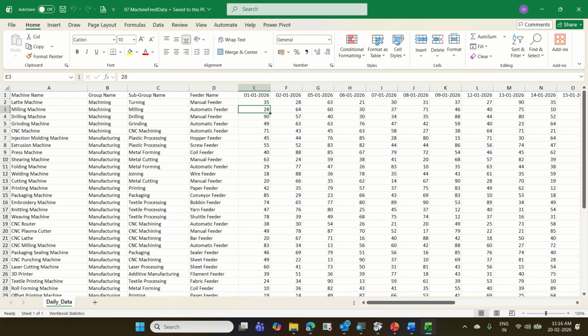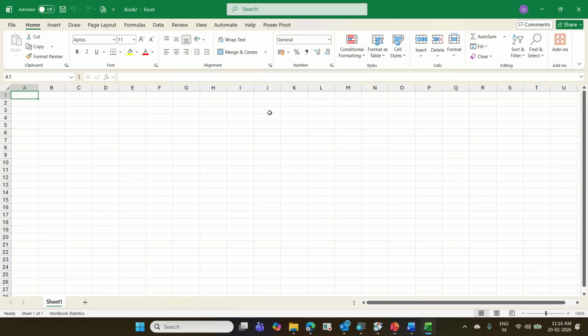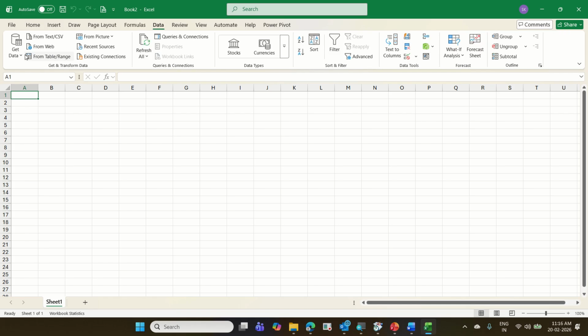So let us see how to do this. Let me close this file. As I told, when you are getting the data, better to close the file. Control W, close the file. Open a fresh new file. I'm opening a fresh new file. I want to do this in a fresh new file. Then you tell me the steps. What could be my first step? Data, get data,